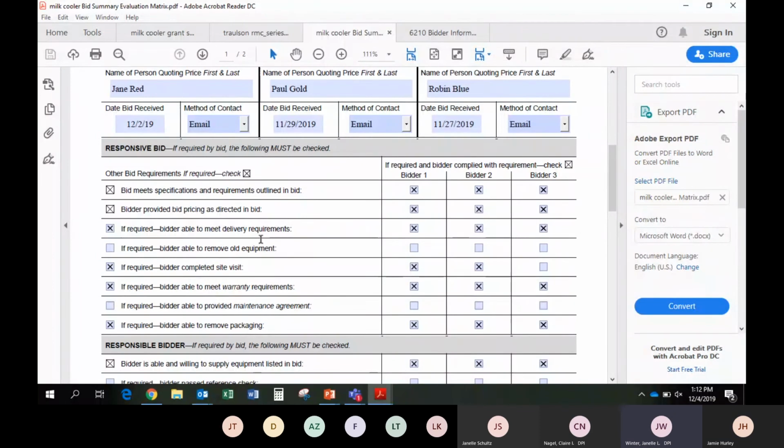So we put in some delivery requirements, and we put in that the bidder complete a site visit, and then we also had that they meet warranty requirements and that they remove packaging. So I put X's in there. The first two are always for every bid, that it meets the specifications and that they provide bid pricing